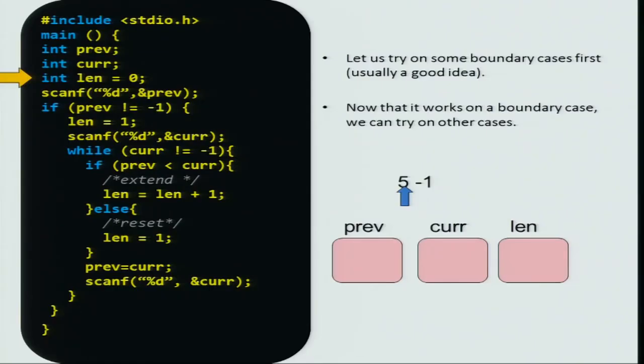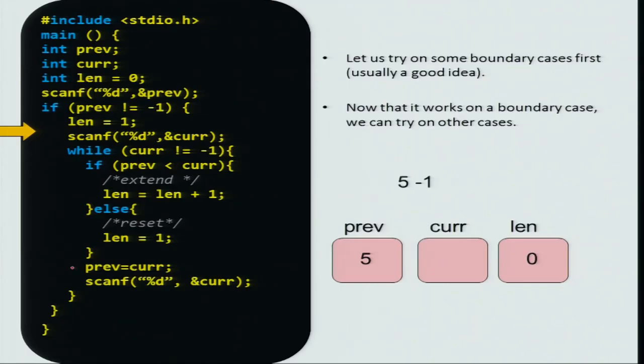Let us test our code on very small inputs. Okay. So, let us say that I enter a sequence 5 minus 1. Okay. So, length is 0, previous becomes 5, and then since previous is not -1,